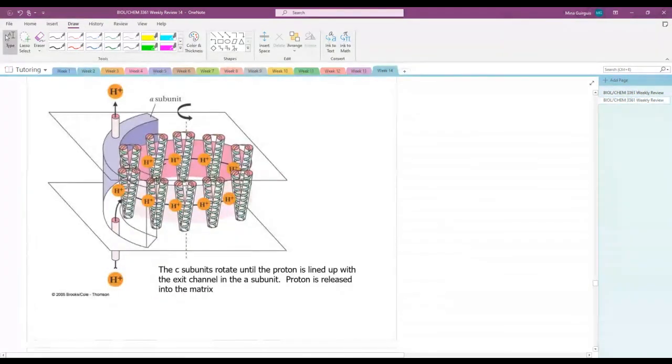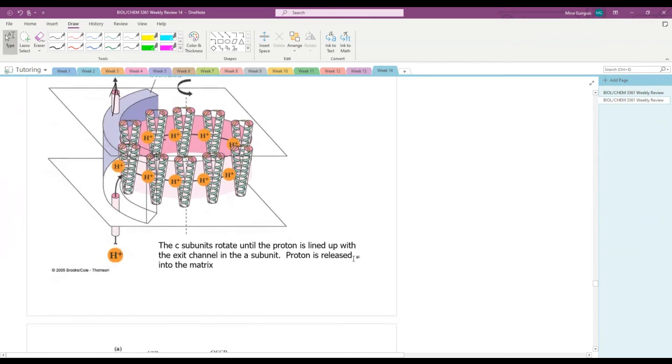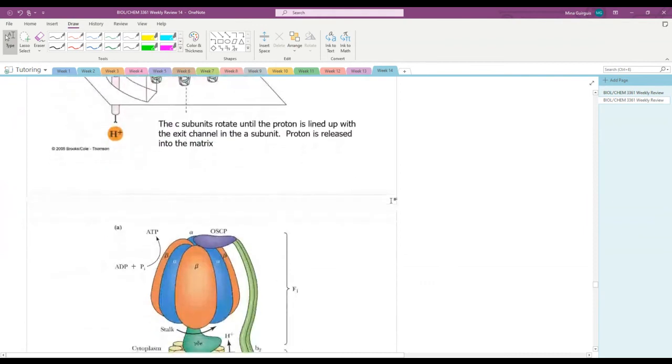Okay, so that's what we see here. This makes the C subunit rotate. Okay, so why does it rotate? It rotates in order to allow this proton to be released into the matrix. Okay, so we talked about how this rotation is kind of a conformational change and how that conformational change can allow for further reactions to happen when we talked about the MWC and the KNF models. This is a fairly similar thing happening here. Okay,